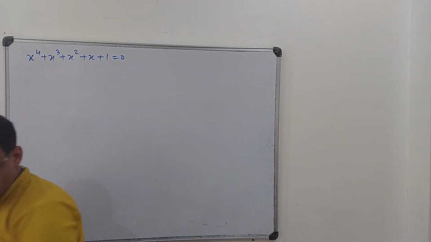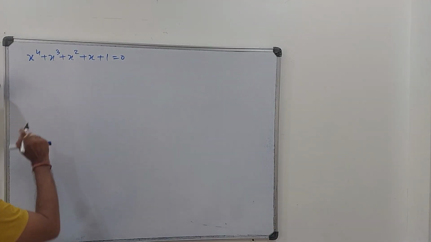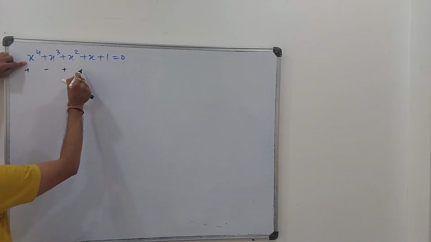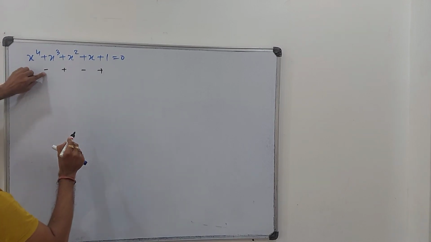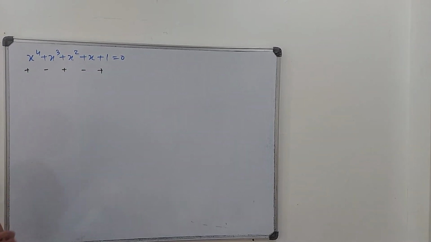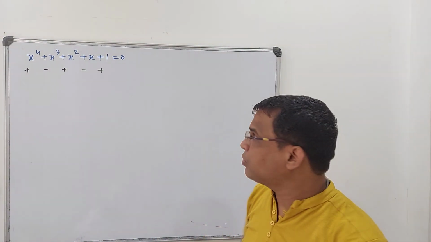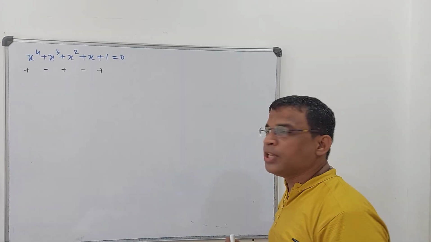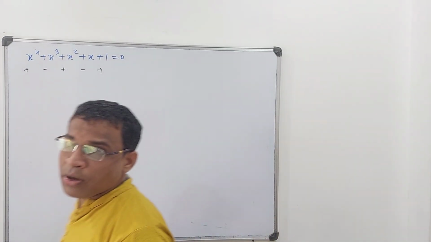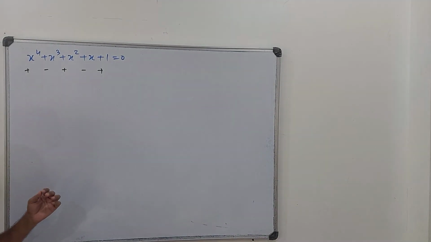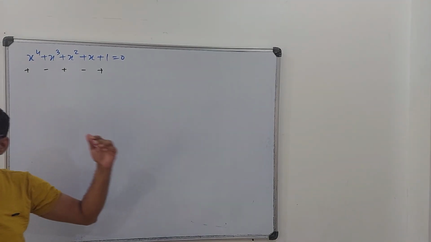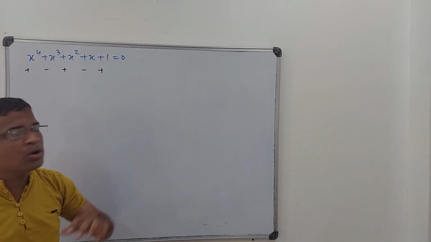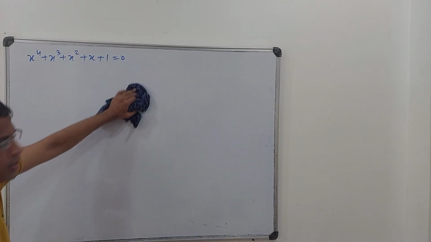If we check for negative, then if I replace x with minus x, it will be negative, positive, positive, negative, and positive. So there will be 1, 2, 3, 4 sign changes. That means a maximum of 4 possible negative roots, but my experience says that it will be 0 negative roots, all 4 complex roots. That's why we have used Descartes' rule, and I told many times that if there is a possibility of 4 roots, then it could be either 2 or 0 also, decreasing by an even number. So let us see how we can get the answer.